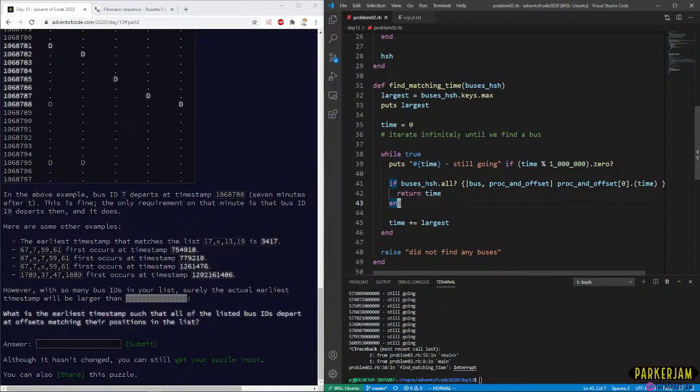Oh god, what was I doing? Proc and offset, 0 time. Okay, so we need to set our starting time. So let's have this be buses hash 0 plus hash largest 1.